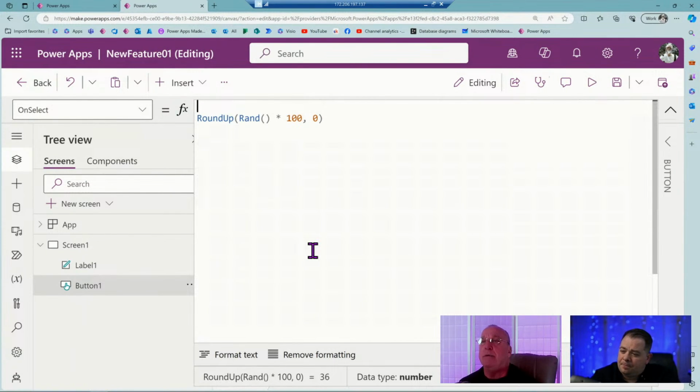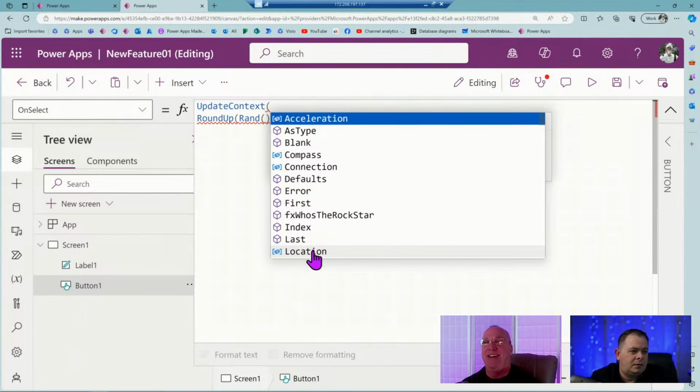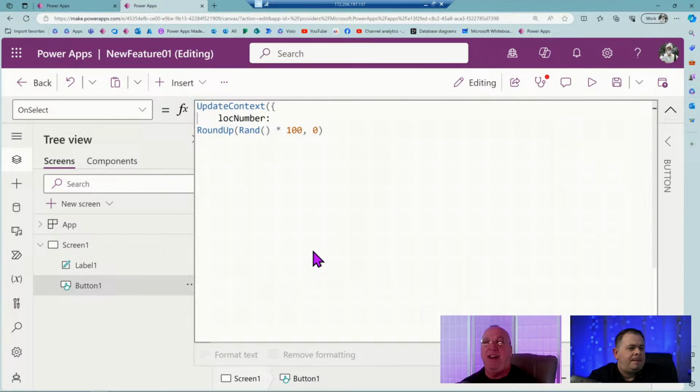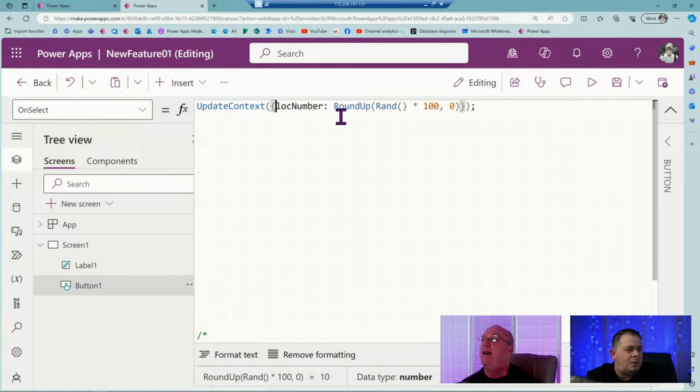Let's do a local variable, because that is good programming practice. And what would you like the variable name to be? LOC number. And then close her up.